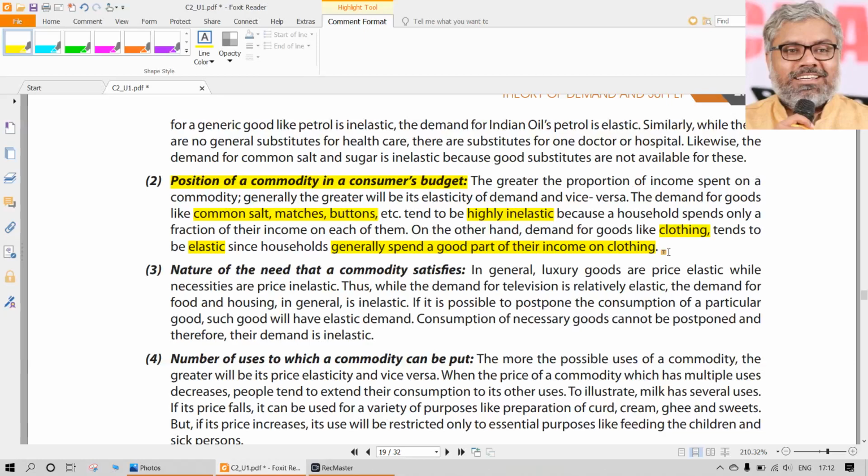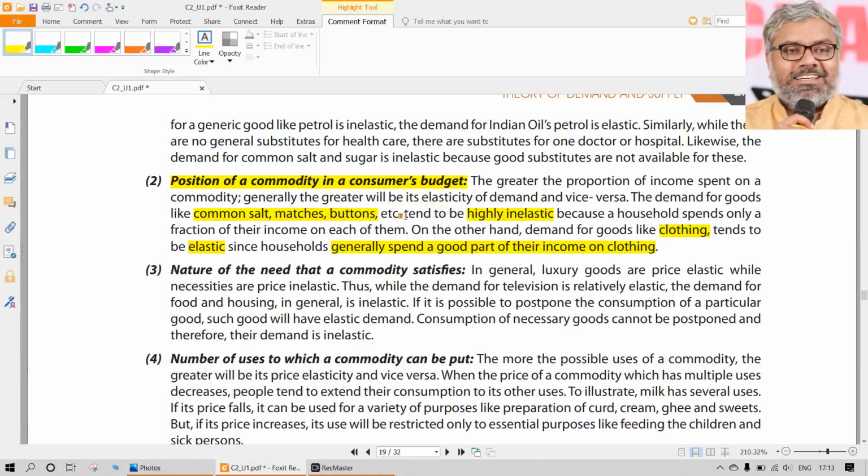Monthly expenditure, routine recurring expenditure, is one part. You have to pay telephone bills, current bills, flat maintenance, all these things. Everybody has them. Rent, school fees for the kids and all. These are all monthly things everybody will spend. But where there is a special need like clothing, that is not part of the monthly budget. That is an extra thing. So the position of this commodity in a consumer's budget is not low, it is high. Whereas the position of buying salt in a consumer's budget is very low.